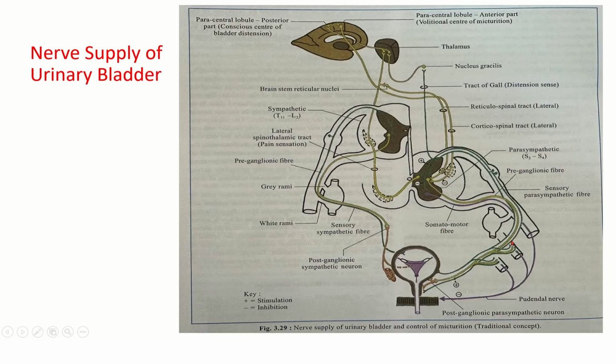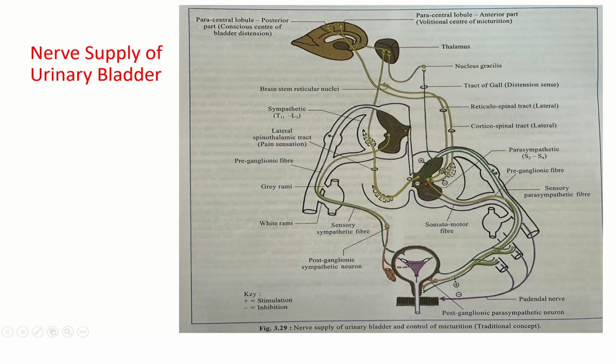the lower motor neurons from the anterior horn cells, from the sacral segments, they will result in dilatation of the sphincter urethrae, which is an external voluntary sphincter for supporting the act of micturition. So initially distension of bladder, then contraction of detrusor muscle, then dilatation of the urethra, then perception of the